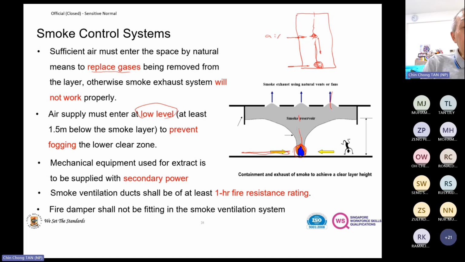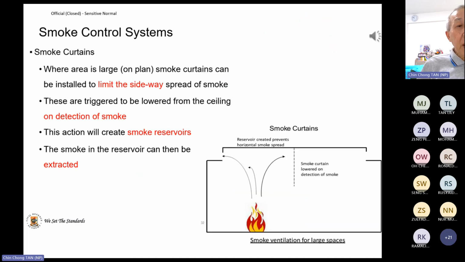We all know all the smoke fans must be powered by secondary power, the building genset. Right. So then here it talks about